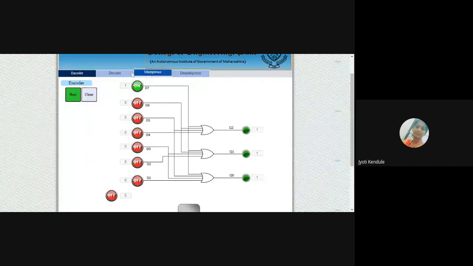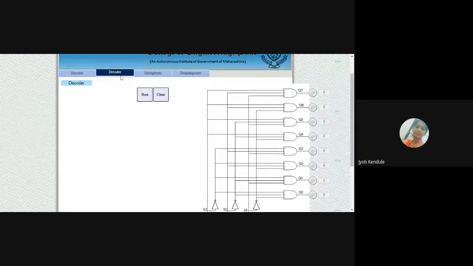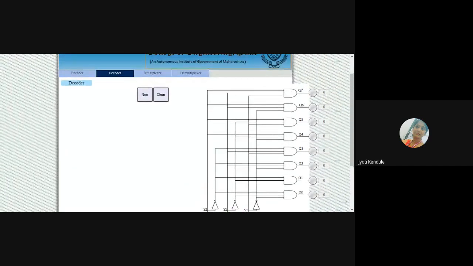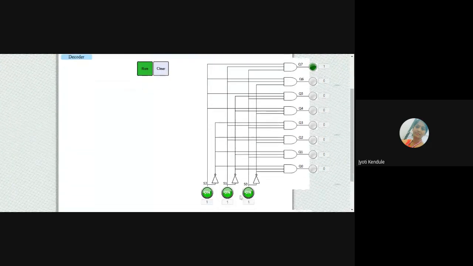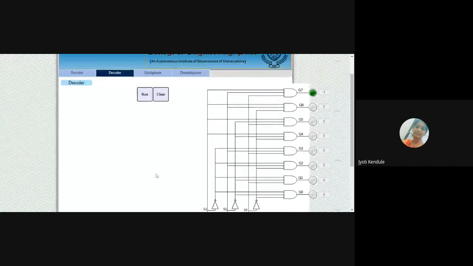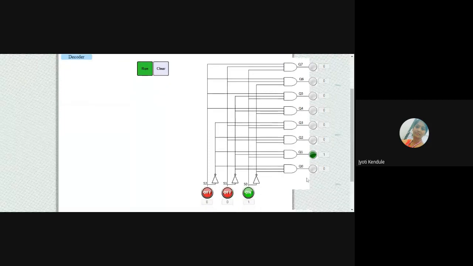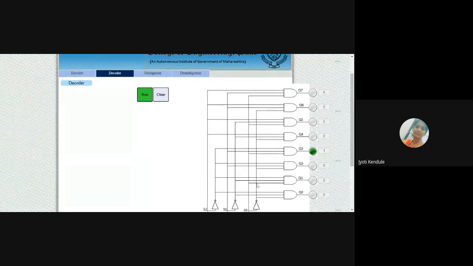Okay, and this decoder is there. In the decoder, which LED will glow out of this? 7 will glow. If I consider this on 1, the first LED will glow. Decoding and encoding is there. And here it is 3: 2 plus 1, 3 is there. So it glows the third number LED.